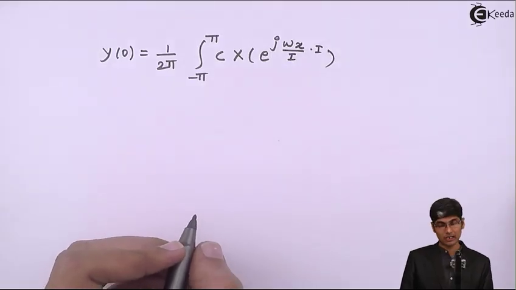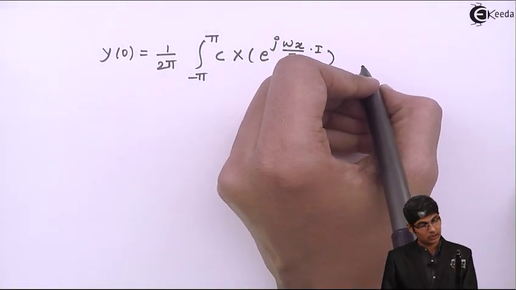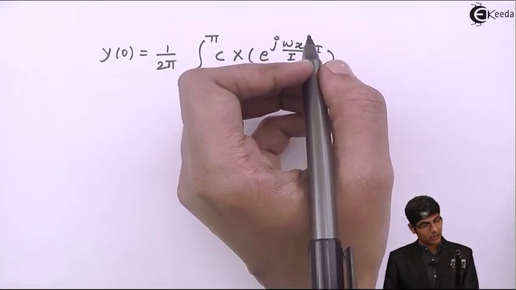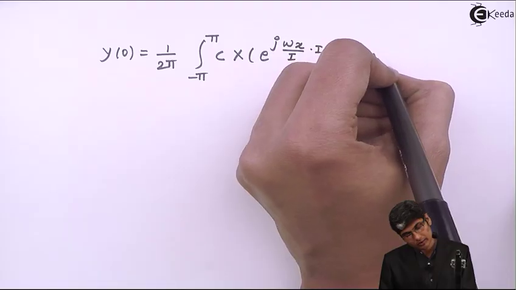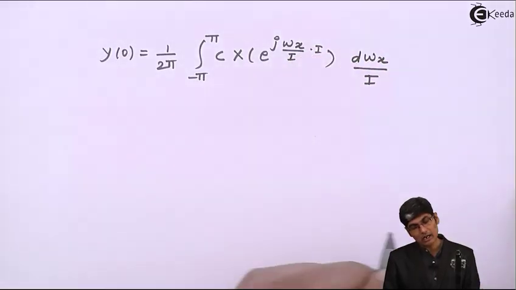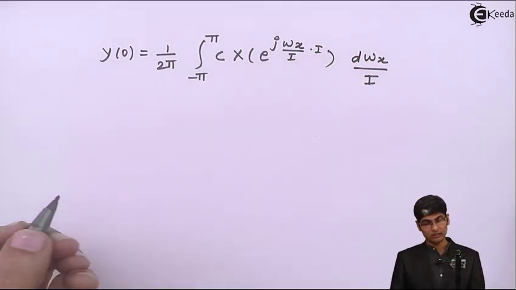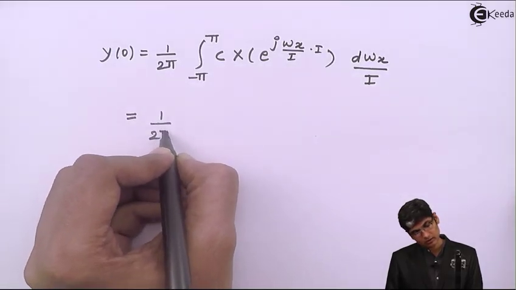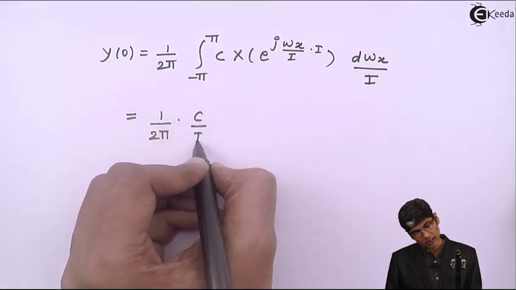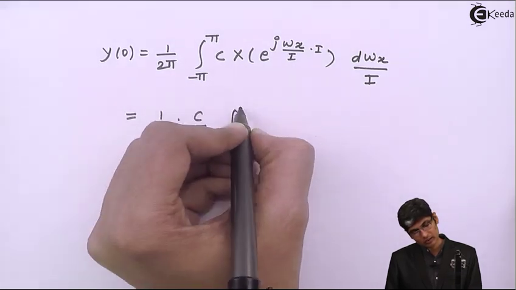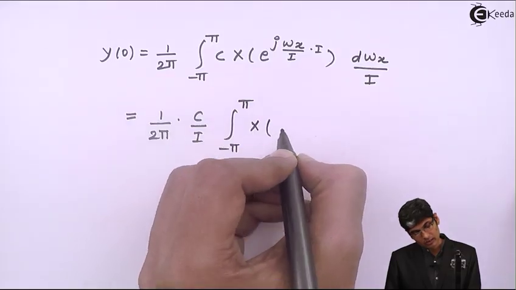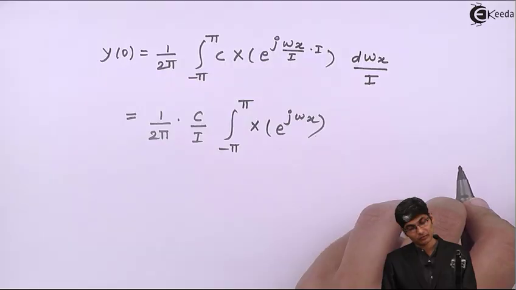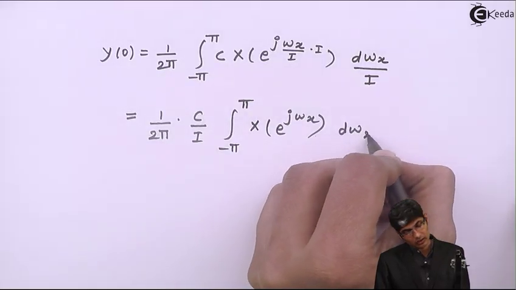Okay, omega x by I into I, and in place of d omega y by d omega y, I will be putting d omega x with the I in the division. That is because of the change of variable. Now pulling out the constants, 1 over 2 pi into c over I, integral goes from minus pi to pi, x of e raised to j omega x, d omega x,